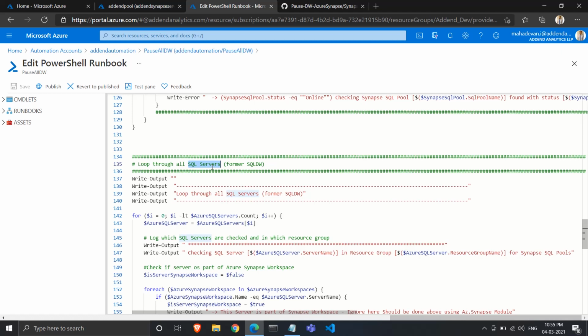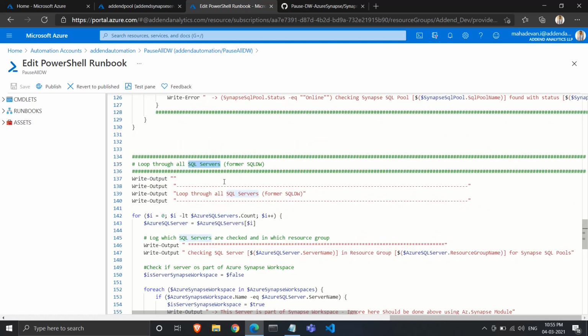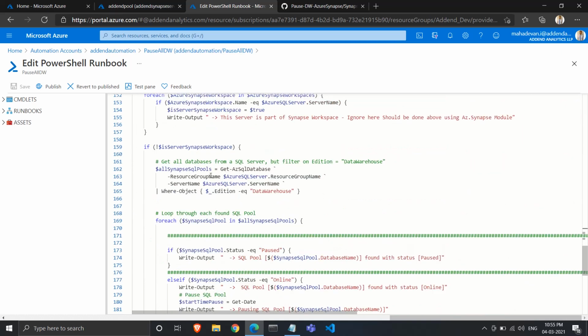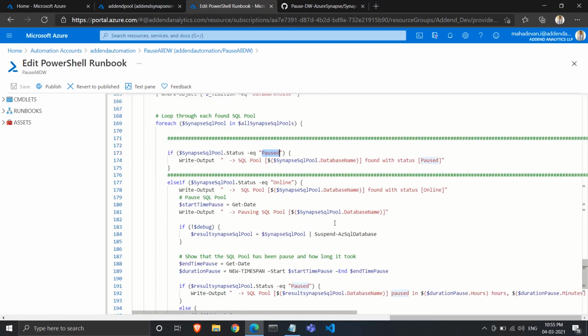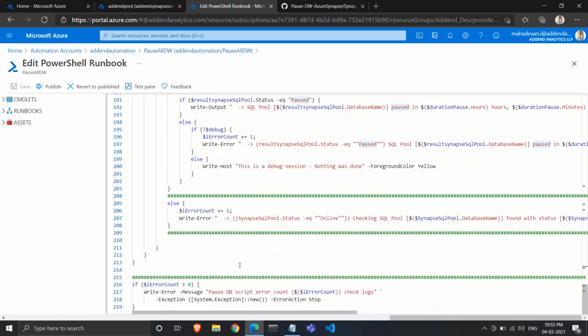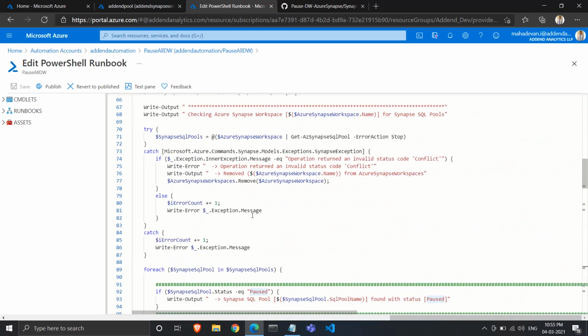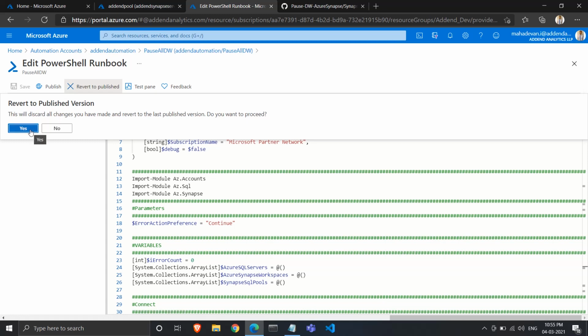So it will look for the SQL server and it will look for any data warehouse hosted in that SQL server, and it will automatically see if it's paused or not. If it's not paused, then it will pause it, and yeah, it will return you the result. You can see the data warehouse gets paused after running the script. So just publish this runbook, and as I've already published it, I will revert it.